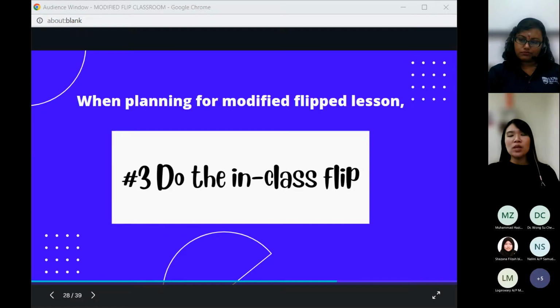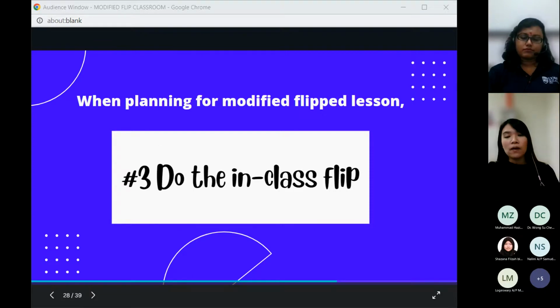Maybe you can set up one station where they need to do independent work. At the next station, they do group work. Every station that you plan and set up on that day requires them to apply the knowledge.